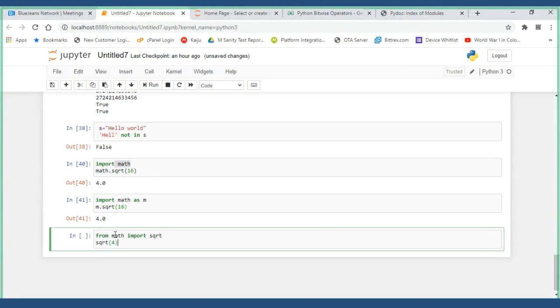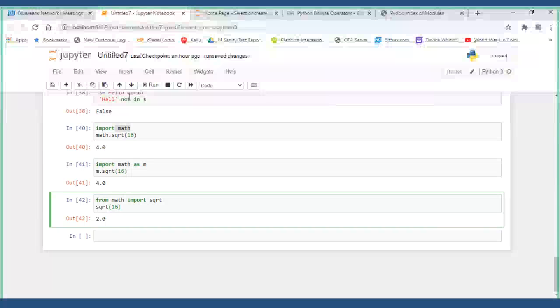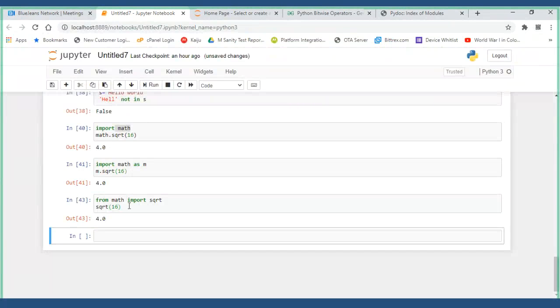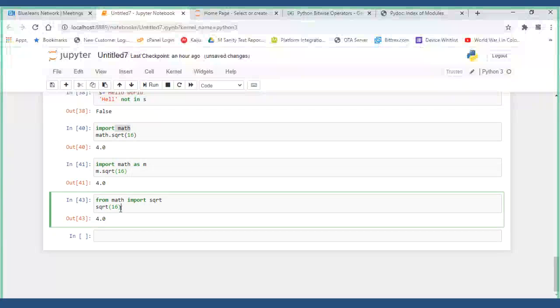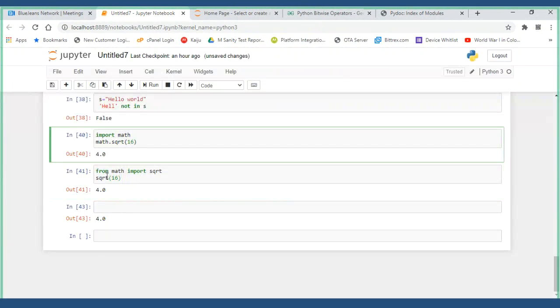I think you can use this way also. Square root of 4, but not to confuse you guys, let me remove this and copy it over here. Control X, Control V. What is the difference between here and here?